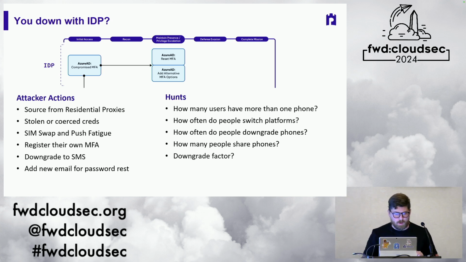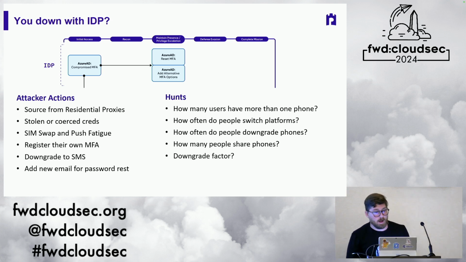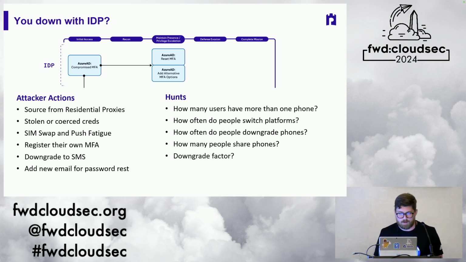So lots of great ways to get creds. Once they get them, they get past MFA with a simple SIM swap, oftentimes push fatigue. If you're at hardware tokens, you've done your best to get around it, but unfortunately that doesn't stop them from just calling somebody and saying, hey, for $2,000, can I have your creds? Can you just push the button for me? And very often they would just do that, right? Again, that's what makes them a little bit special. Once they're on the other side, that process was painful. They don't want to do that again, so they go and register their own MFA device next.